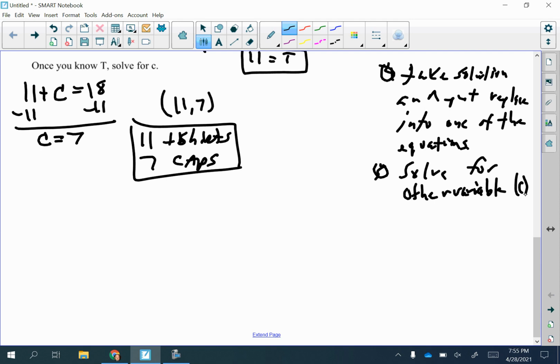And you could take it and plug that into the other equation. So for example, when we found c equals 7, I could go in the other equation where we had c equals 1/2 t plus 12.5. And if I put the 7 in for c and go ahead and solve for t,